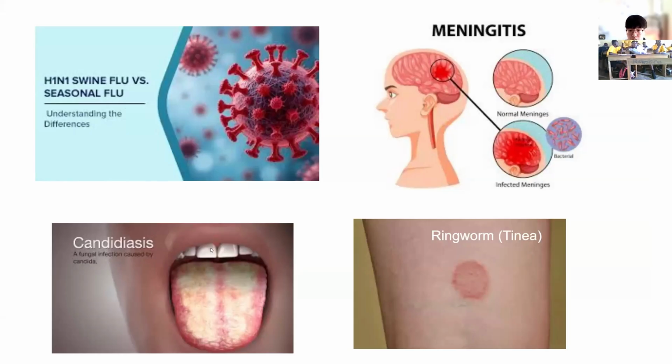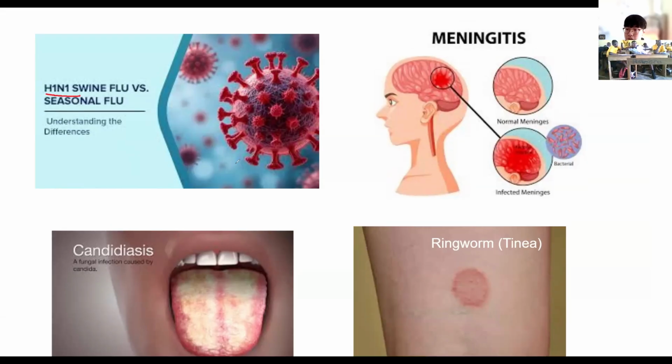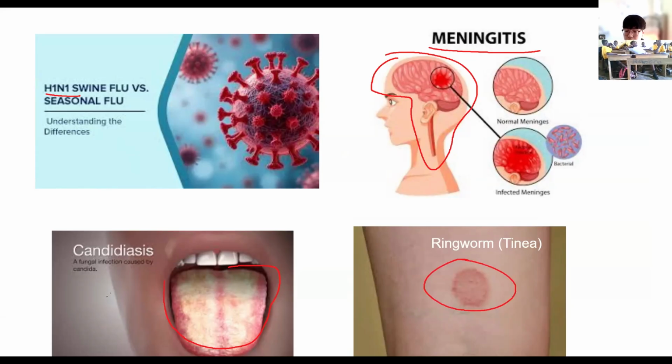So yeah, here are the examples of options that we've seen so far. H1N1, this type of influenza virus; meningitis, an inflammation of our brain and the spinal cord; then we have candidiasis, which is a fungal infection, and then ringworm, also a type of fungal infection. Okay,